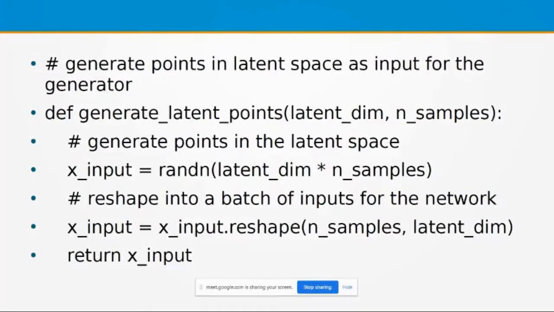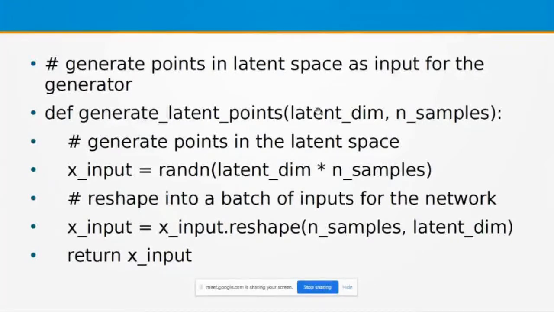Then only can we train the discriminator to identify whether the image is real or fake. For that, we first define a user-defined function, generate_latent_points, with latent_dim and n_samples. N_samples is the same as in the above user-defined function.